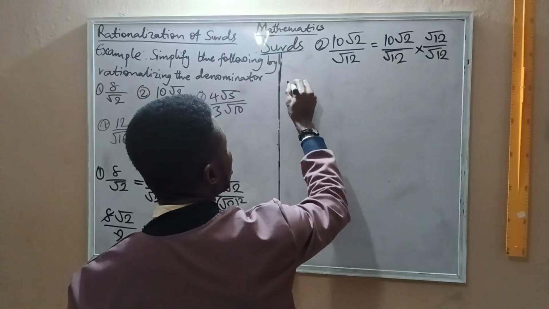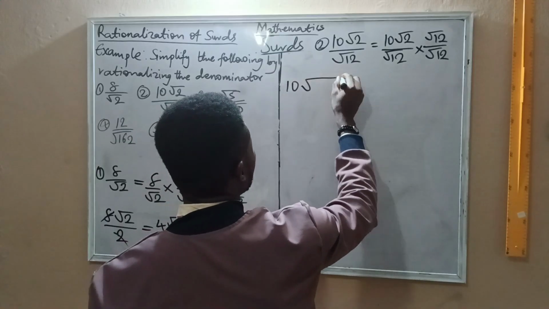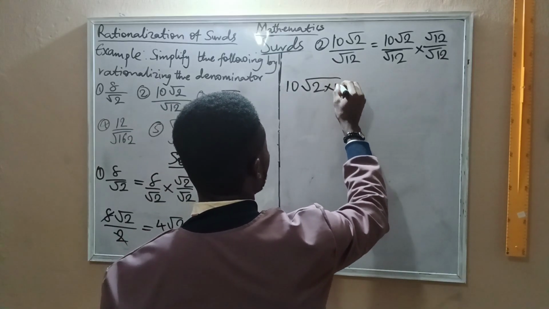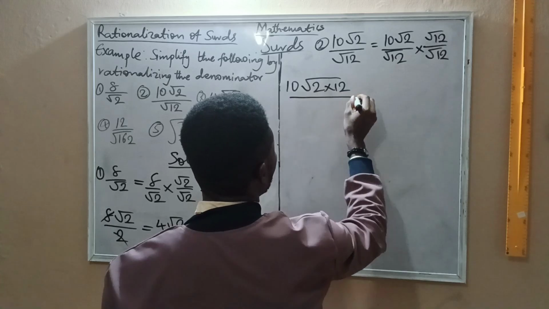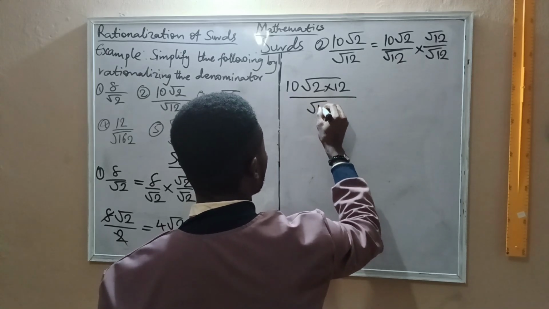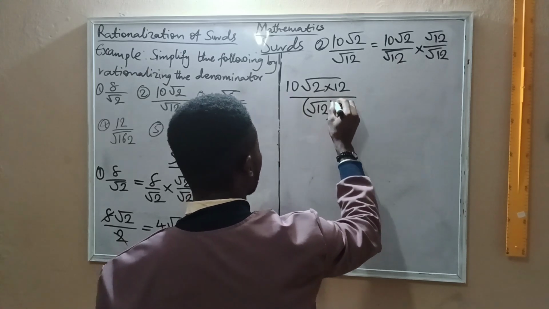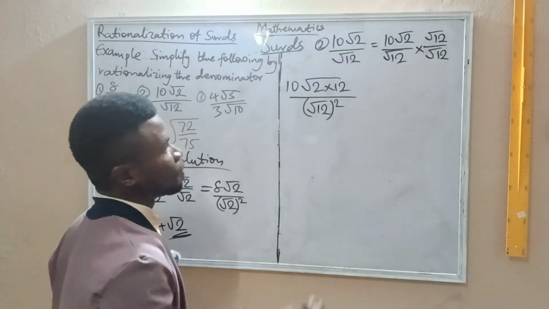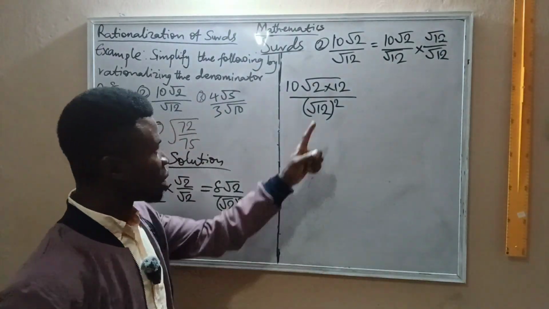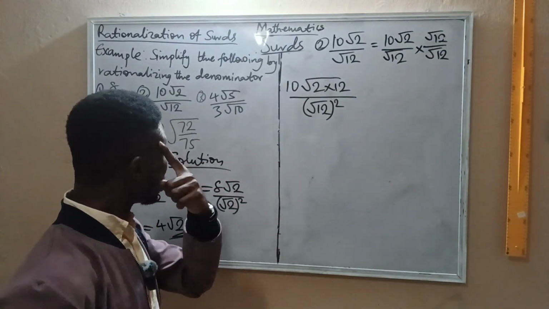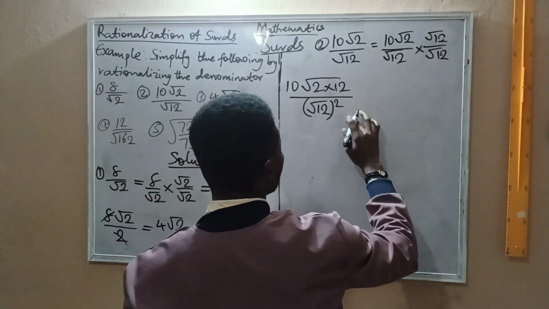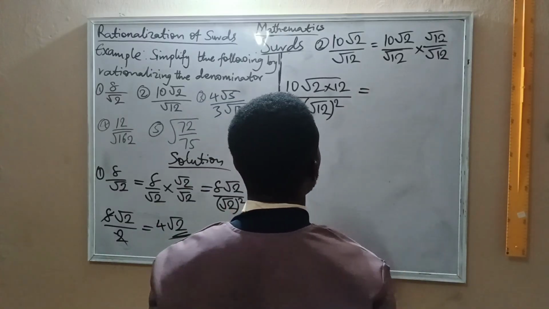And that is 10 surd 2 times 12 all over surd 12 squared. So this is times that is the one inside the bracket, and then this one squared. And this is equal to